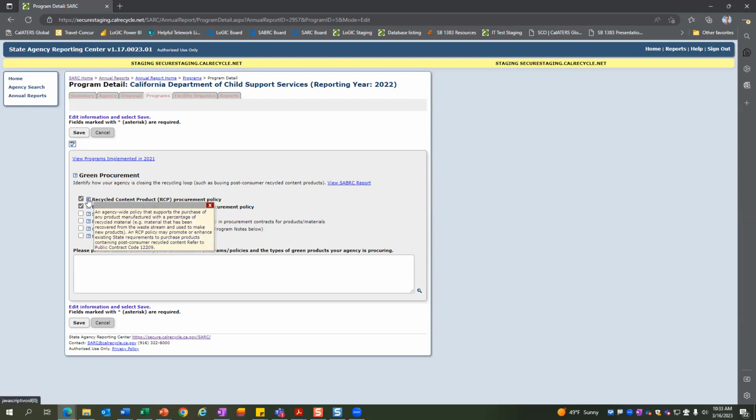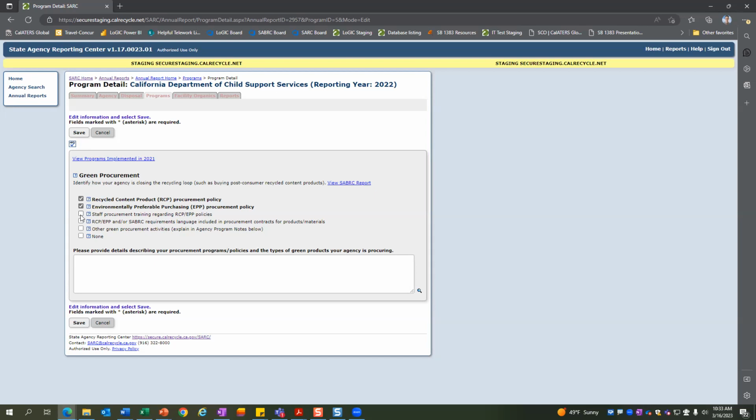Again, there's a little tooltip here if you're not quite sure what they are. What this does is help complete the loop so that your agency prioritizes procuring as many things that contain recycled content, or purchasing things that have less impact on the environment over ones that may be more hazardous to the environment.